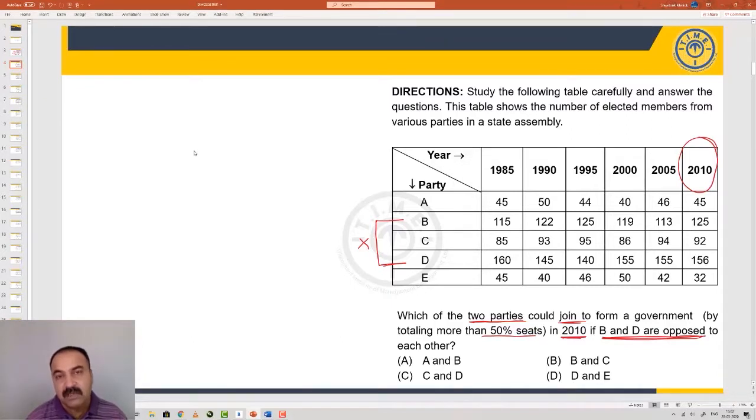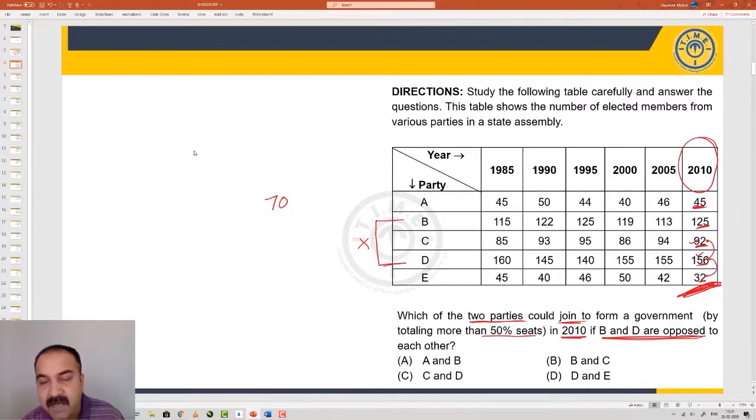To get to this calculation of more than 50% seats, we will have to add up this grand total of the year 2010 on how many election seats were there. So again, we use the logic of trying to add at least 2 digits at a go and trying to get to a level where we'll be able to get a complement of 100. So we have a 45 and we have a 25. This gives me 70. We have a 92 with a 6 and another 2 at the end. So this 2 and this 6 and this 6 will make a 10. And 90 with a 10 will make it 100.